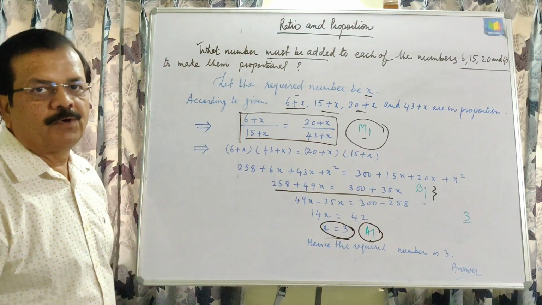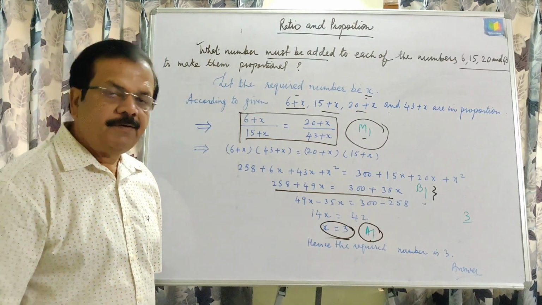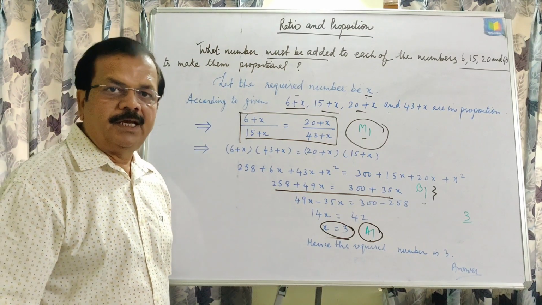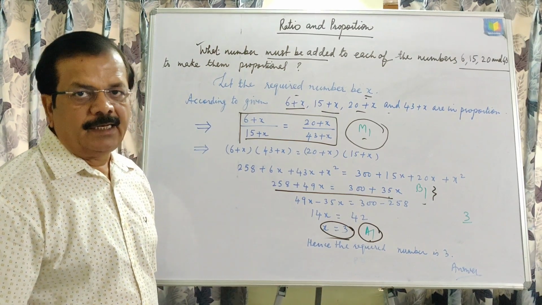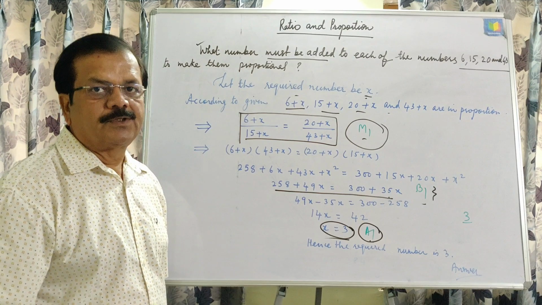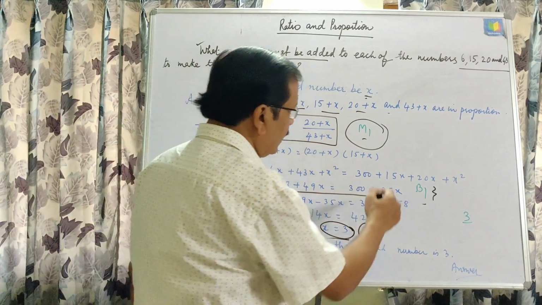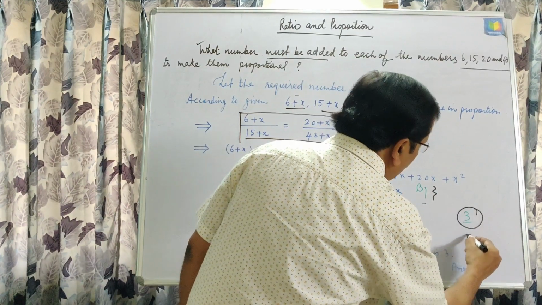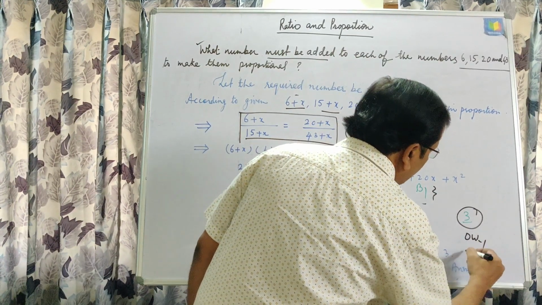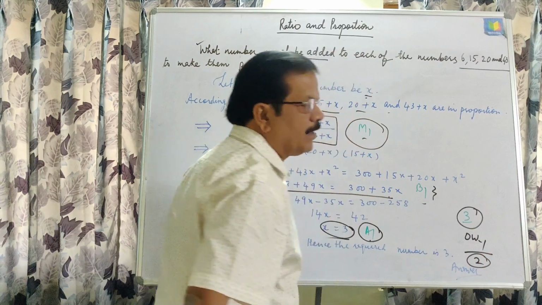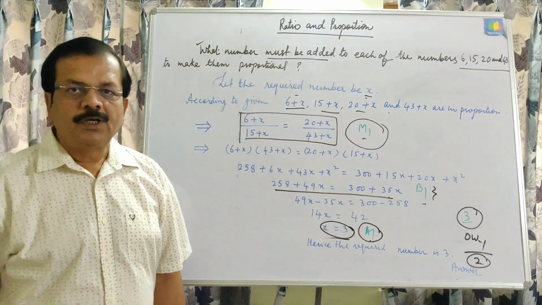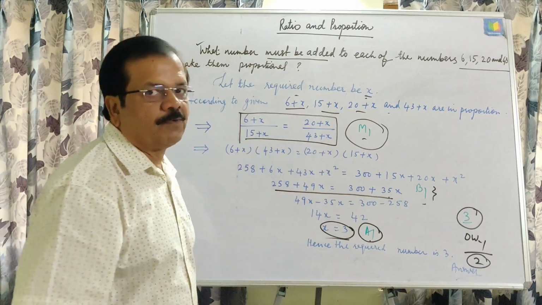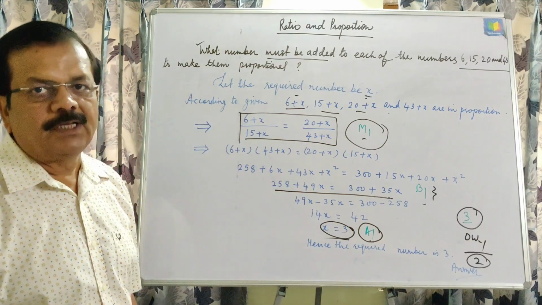And one more thing I want to share with you: if you are not writing any important step in ICSE, then marks will be deducted also. Even after correcting all the steps, you get OW minus 1, omission of working step minus 1, and this way you will lose 1 mark. That is why you should follow all the steps whatever we are discussing. Now the next question.